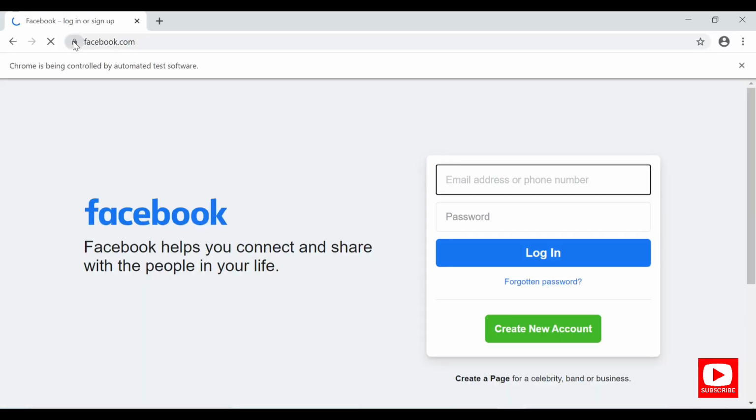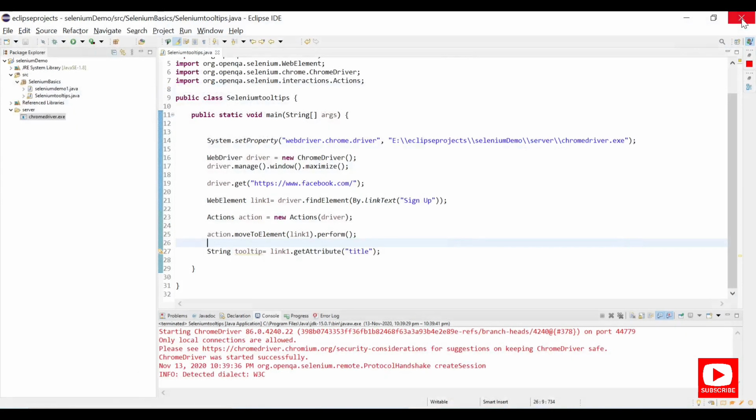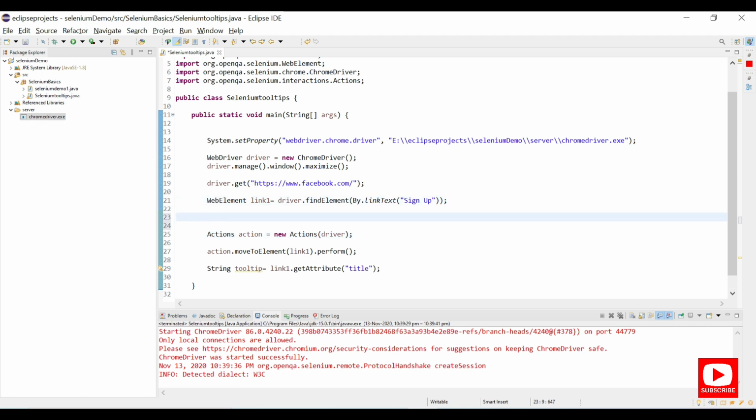Now it has launched the website. Now I think it has to be scrolled down. Okay, we'll use a scroll action here. So let me use one scroll event. I will use a JavaScript executor.